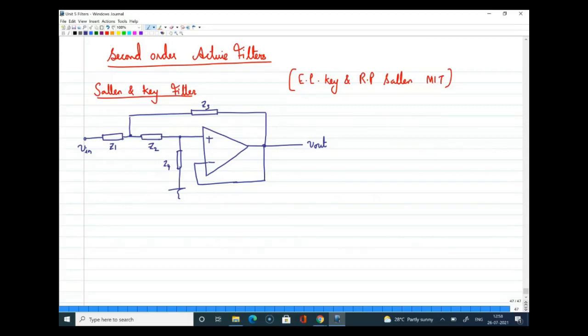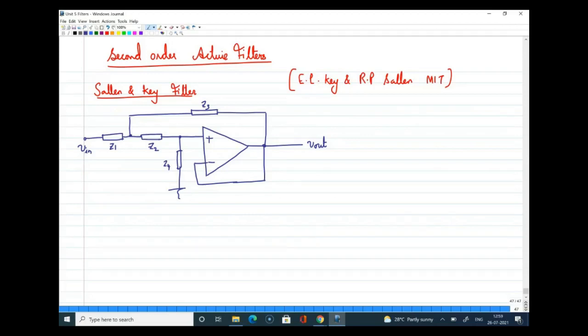Again, I'm not saying active filters will always be an advantage. There will be limitations on the number of op amps we can use, because more op amps result in more power and definitely more area. That also adds to the overall cost when you look at it at a system level.